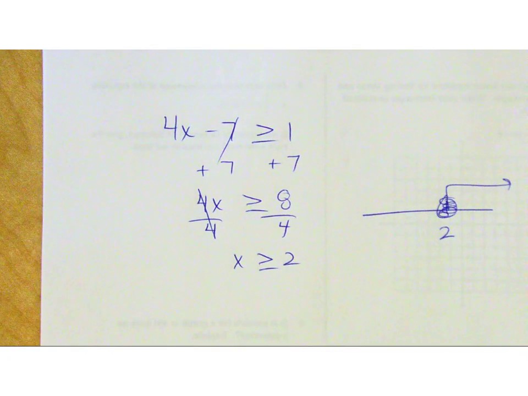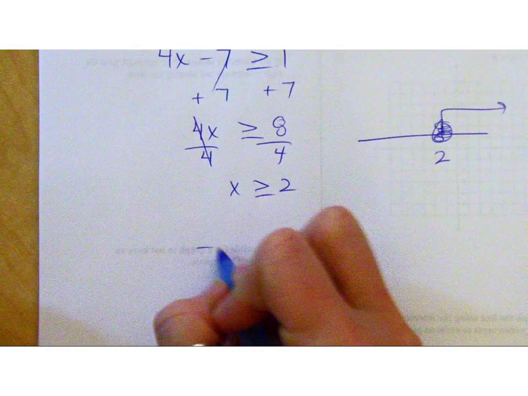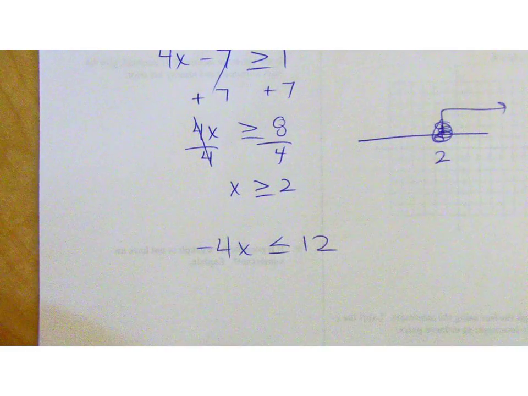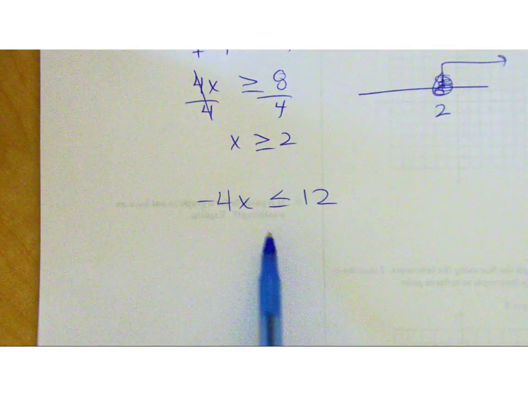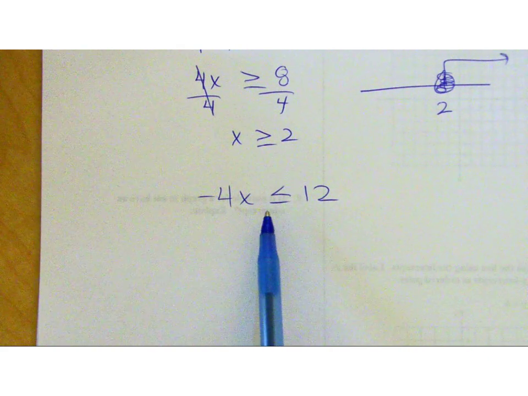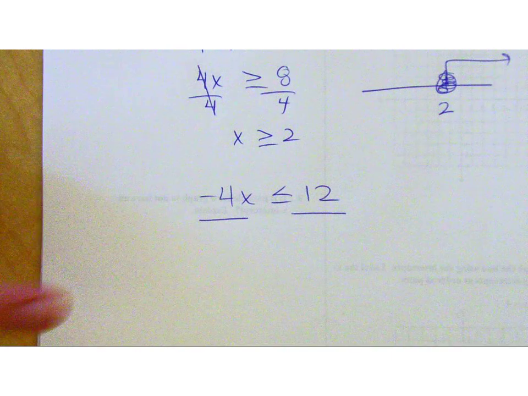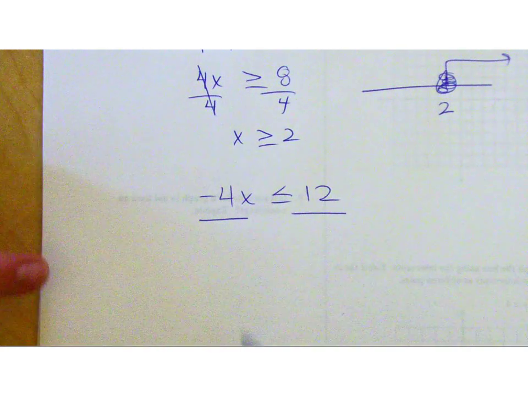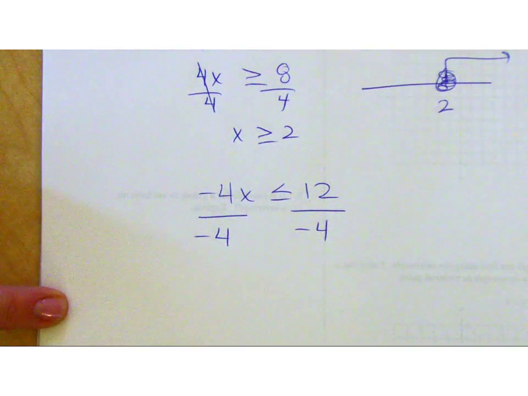Okay. The reason I'm reminding you of this is because of this: negative 4x is less than or equal to 12. Do you remember the most important part about when you have an inequality sign in a problem and you are dividing or multiplying by a negative number? You must flip the sign, okay? This is me reminding you because if you forget to do that, it's going to come back and haunt you